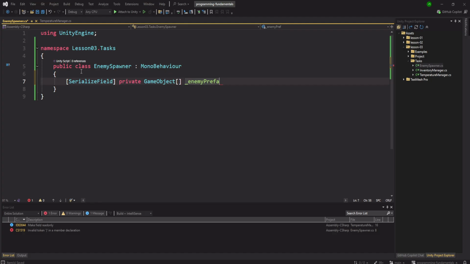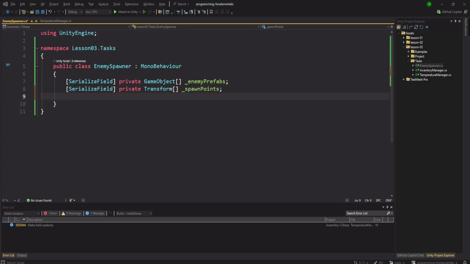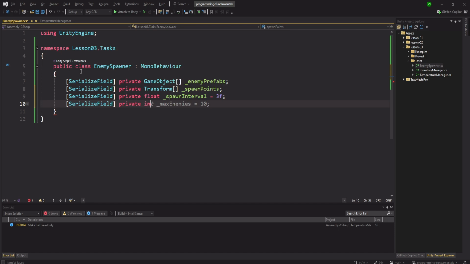The higher the difficulty we are going to use, and we have the spawn points, serialized field, private float, spawn interval, serialized field, private int, initial enemy count,